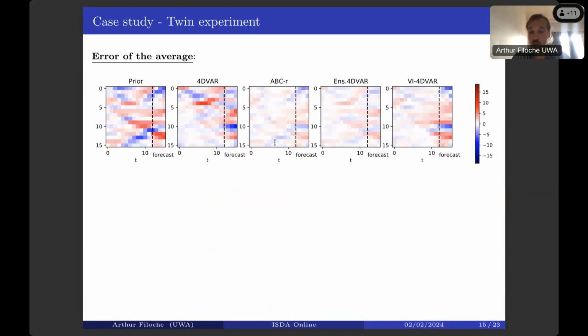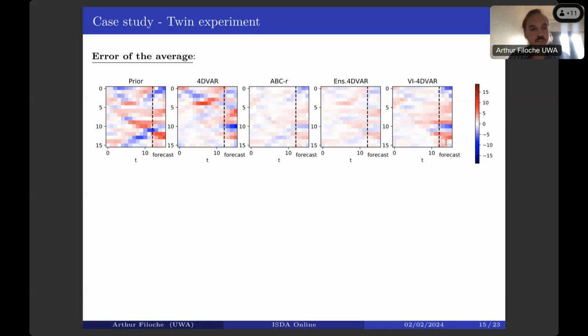So now let's look at the results. So first, the error of the average. The first thing we can see, it's not surprising, is that if we do not constrain the trajectory with the observation, we obtain big errors. This is represented by the prior. And also we can see that 4D-Var struggles in some regions, and I'm usually calling this overfitting, while the probabilistic methods have low errors, at least in the assimilation window,